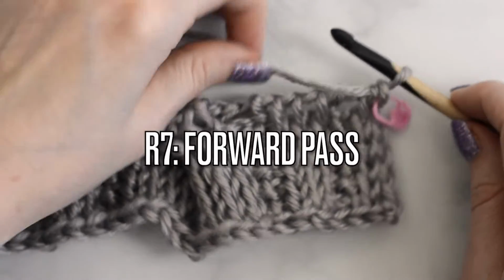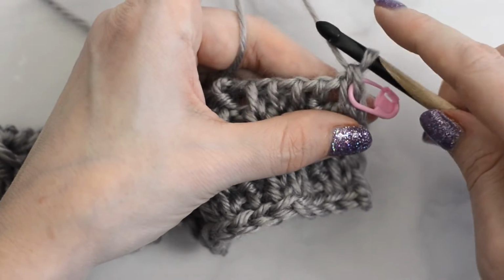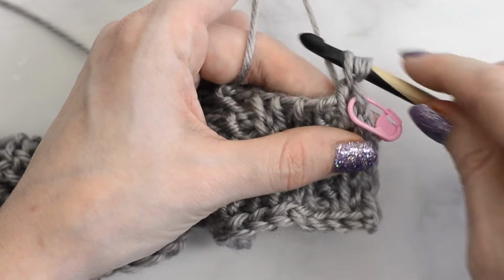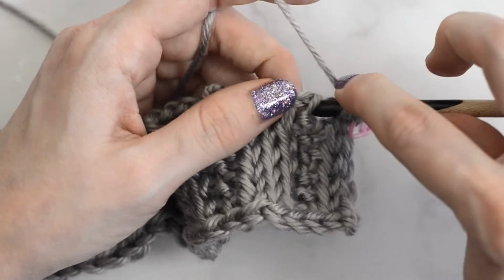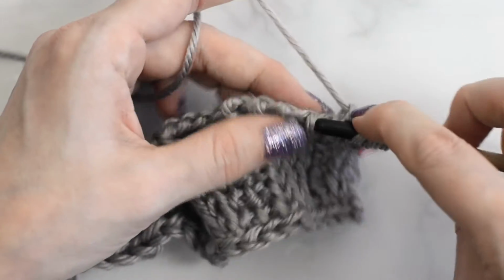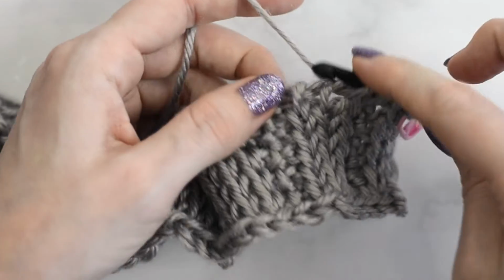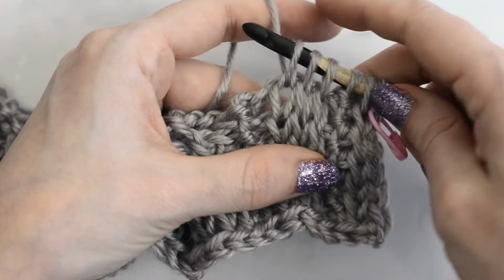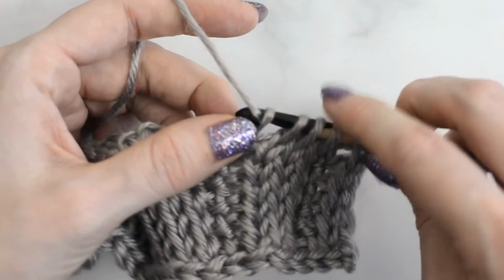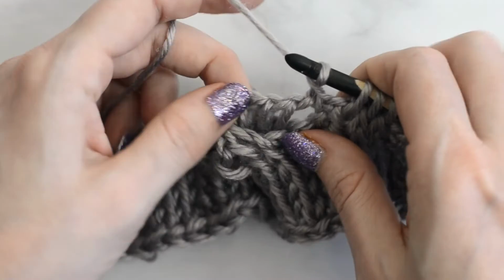Row 7, forward pass, Tunisian knit stitch into the next 2 stitches, and remember that that first stitch is already on the hook, Tunisian purl stitch into the next stitch, Tunisian knit stitch into the next 3 stitches, Tunisian purl stitch into the next stitch, Tunisian knit stitch into the next 4 stitches,